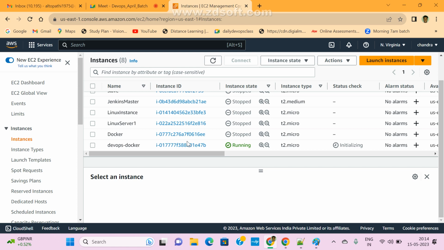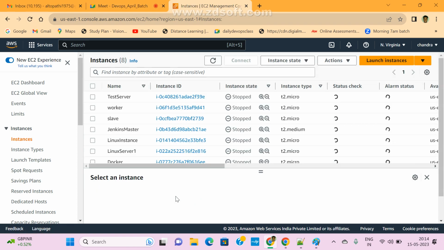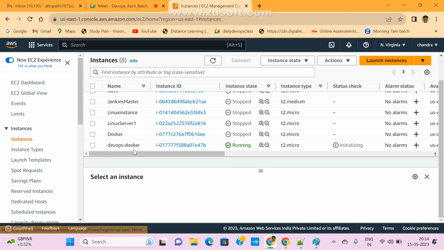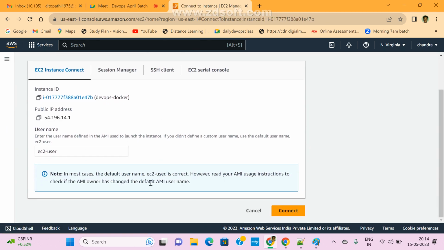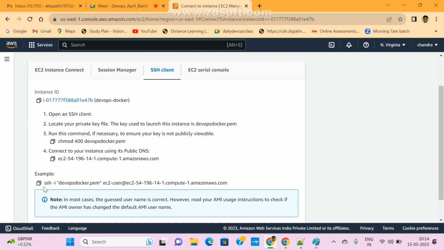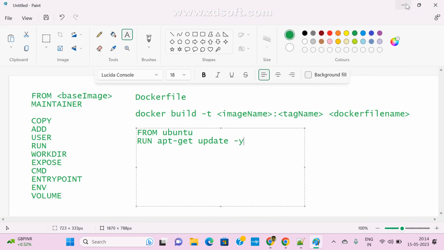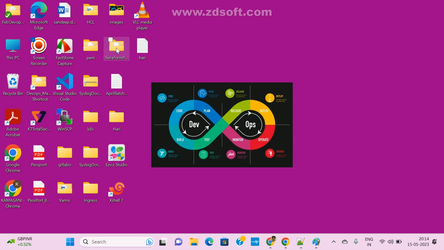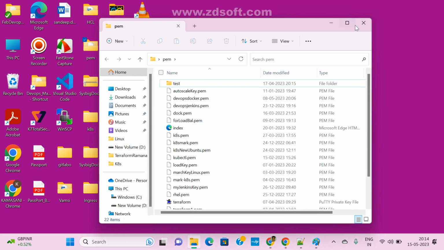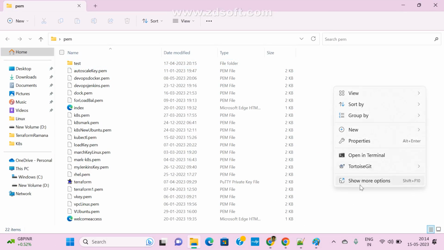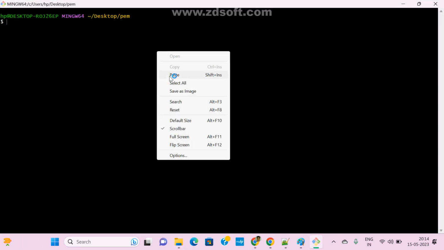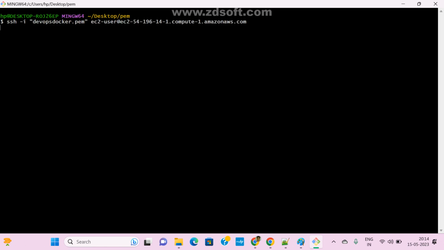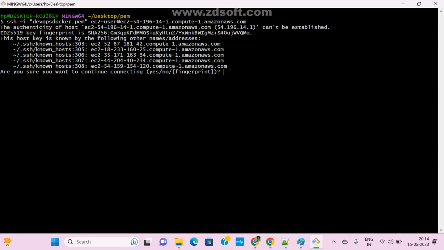Only running Docker containers: docker ps. Yeah, only docker ps. So that is what they asked.